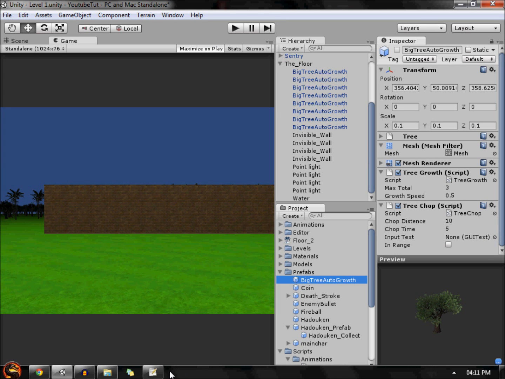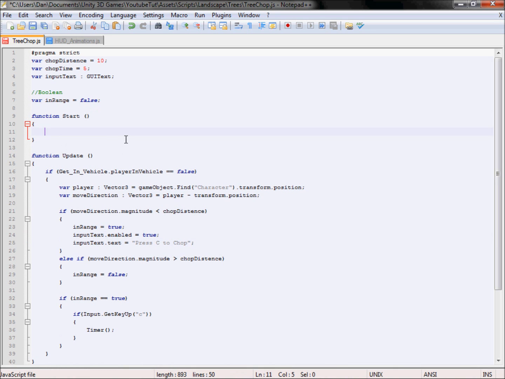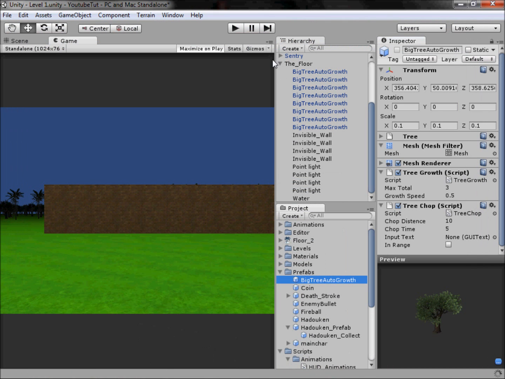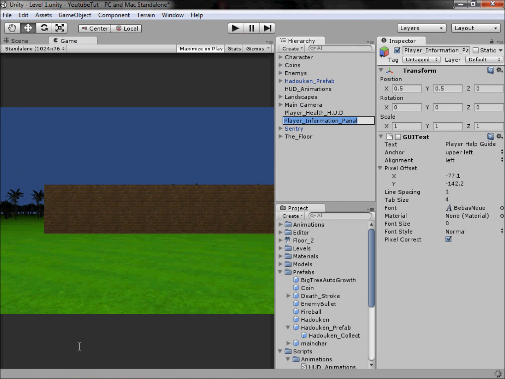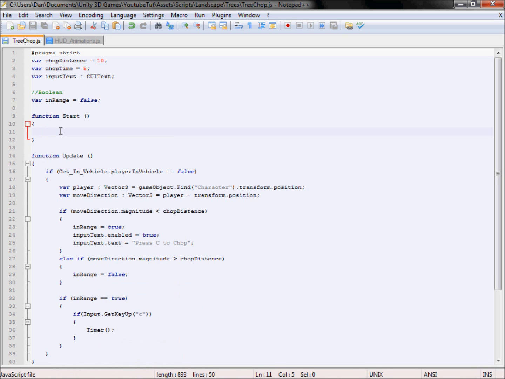Apparently then, we need to add another scripting thing. So in this function start, which we're not going to delete this time, because apparently we don't want to, we're going to copy the name of the player information panel here. The function start runs whenever this object first begins to run this script. So it goes all variables, function start, then function update. Function start is always before it. We're going to type